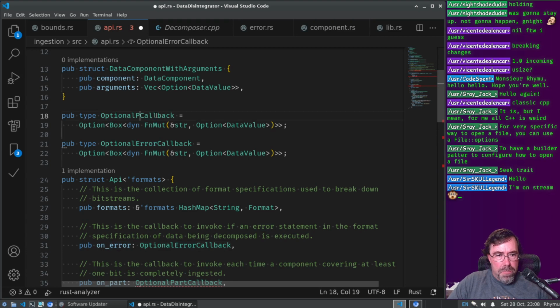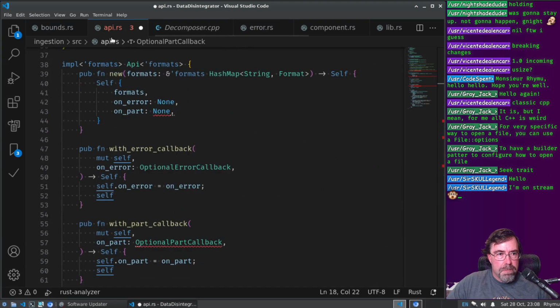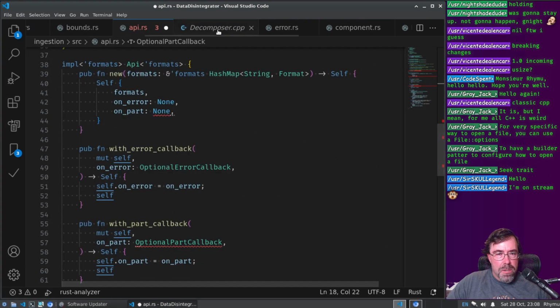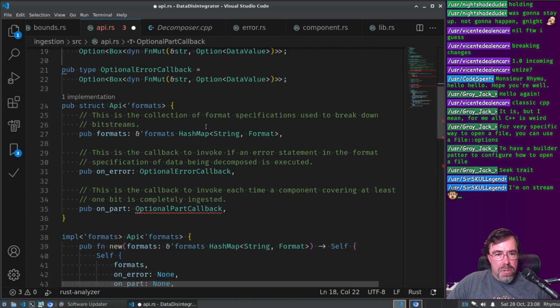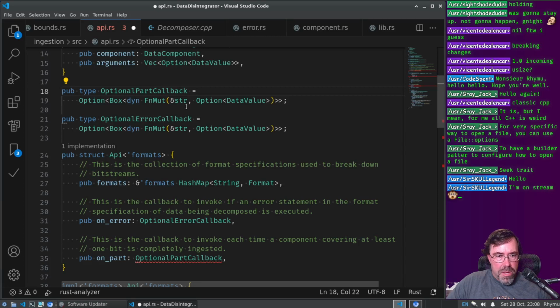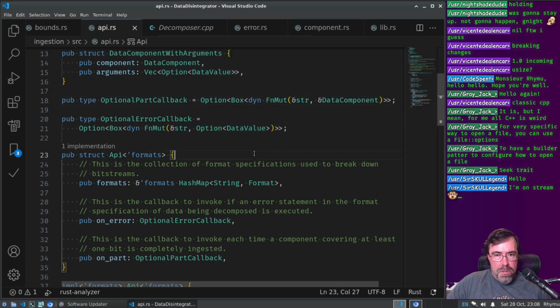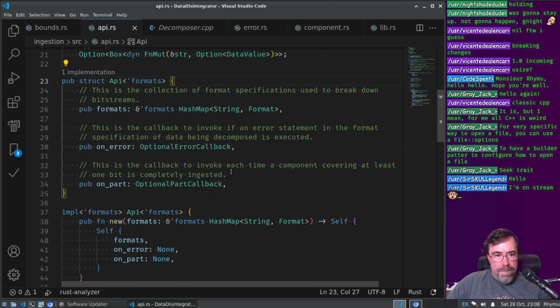Optional part callback. So this is going to be, was it going to be a name? No, yes. Actually, it's a path, right? Yeah, it's a path. Path string, and then this is going to be a borrow of a data component. Yeah. Okay, and then